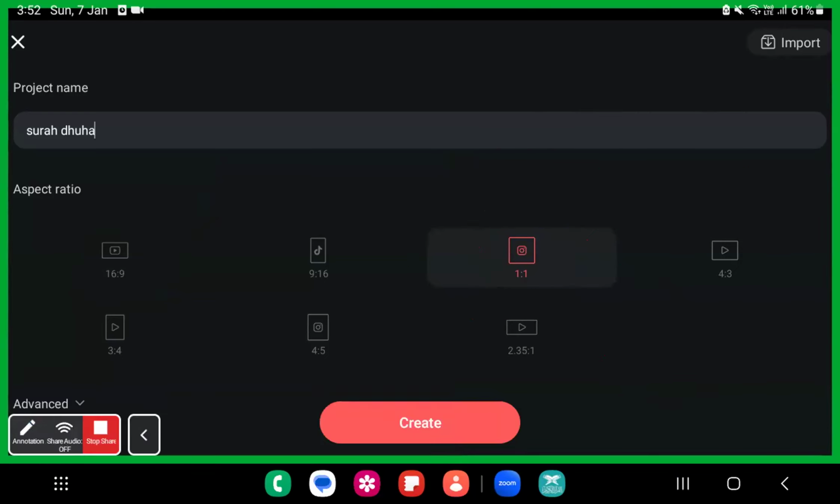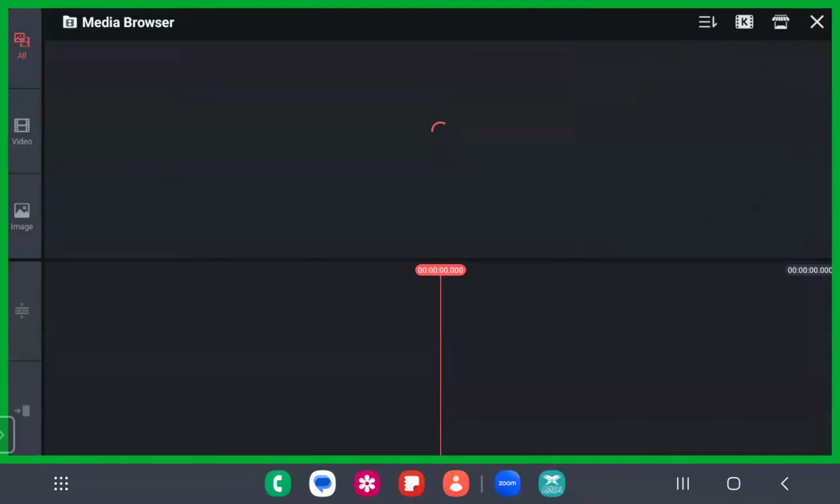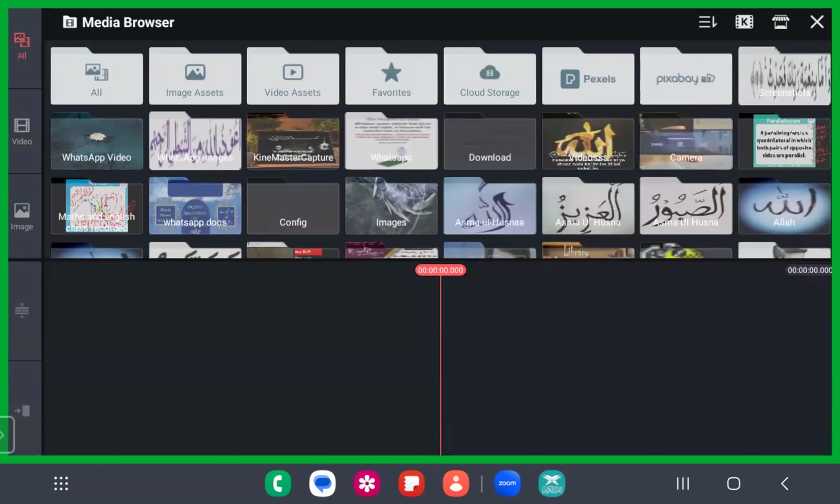Fine. So let me start with the 1:1 format. I do not have to set any advanced settings, as those are already set in the KineMaster by itself. Okay. So let me start with the creation of the project. We have the 2 videos that I had sent to you. Just import them in your KineMaster. Fine. Because there is copyright content in the videos, I have taken some content that was created by me.